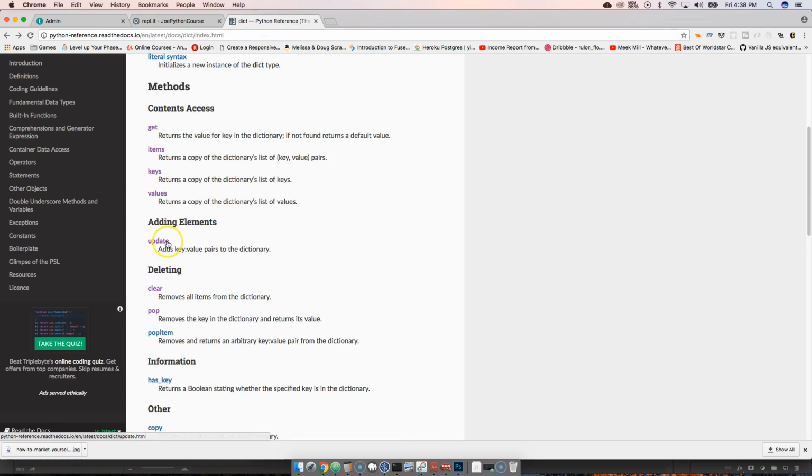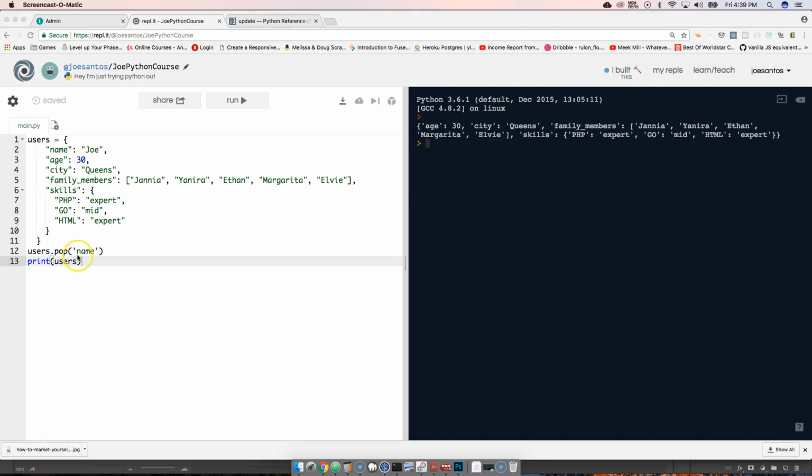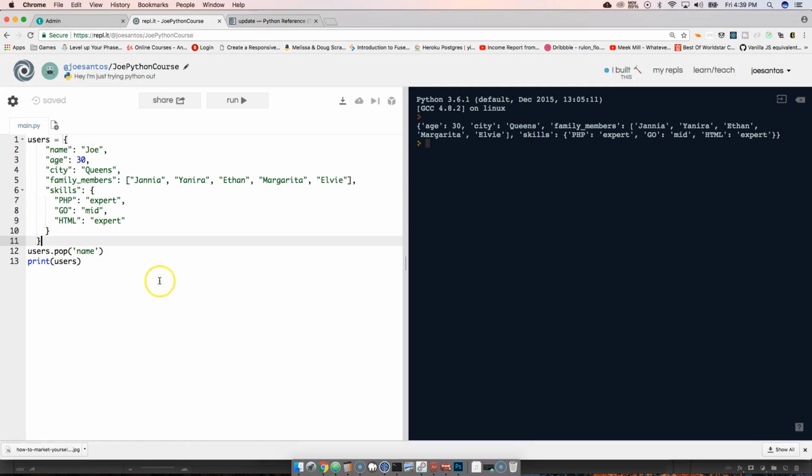Another one that's useful is update. So let's say, for example, you have another dictionary, or you have a couple of keys that you want to merge with this dictionary. Well, basically you can use update. So you can come here and say update, and then pass in a dictionary where you will say, for example,